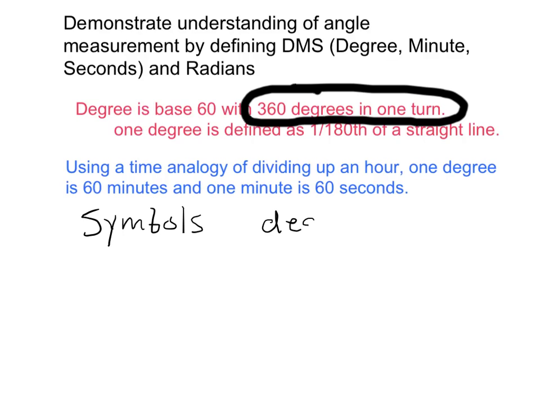Degree, you're probably already familiar with. That's the little circle, so freezing, 32 degrees Fahrenheit. Okay, so that's the symbol for degree, a little circle. Minute, and there are 60 minutes in each degree, just like there are 60 minutes in an hour. And the minute symbol is one dash, so you could have, for example, 32, let's say